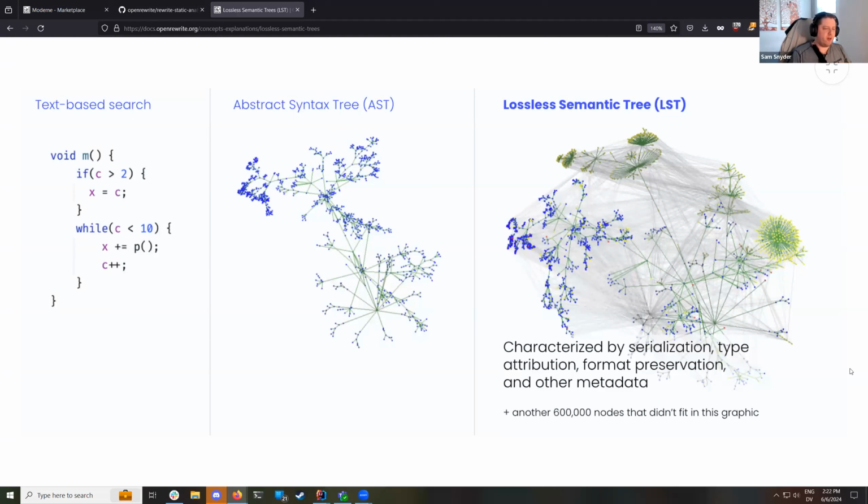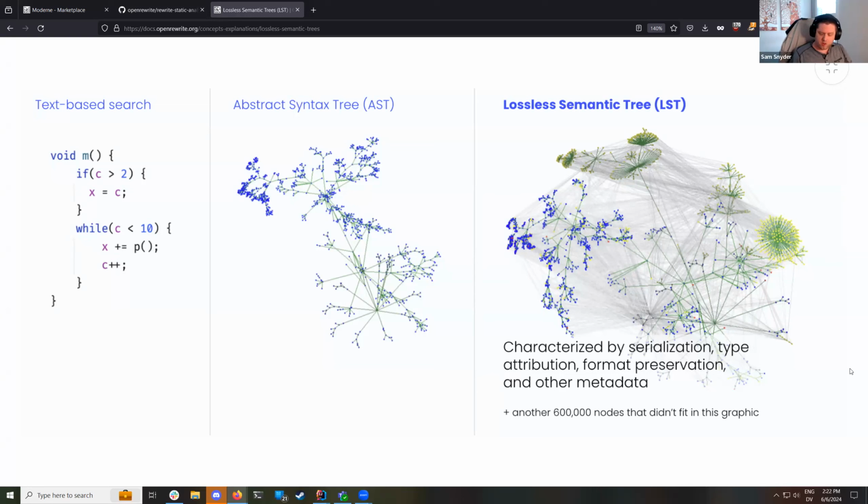And so we probably could have called it a concrete syntax tree, but we wanted to emphasize that it's not just syntax we're talking about here, because on top of the syntax and the white space and formatting, we're also, and this is crucial, including all of the type attribution. So that in an LST, you can tell the difference between a log.info call that is being directed to slf4j and a log.info call that's being directed to log4j, something that even the most perfectly crafted regular expression could not